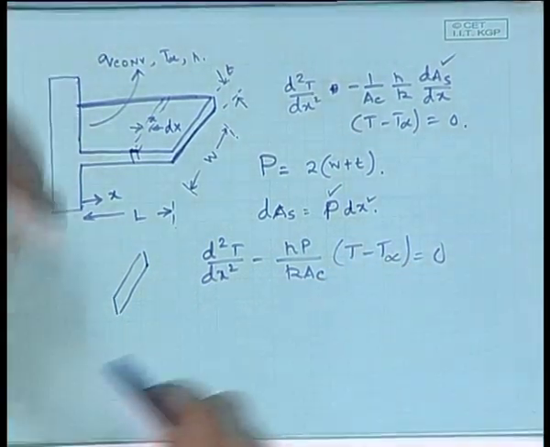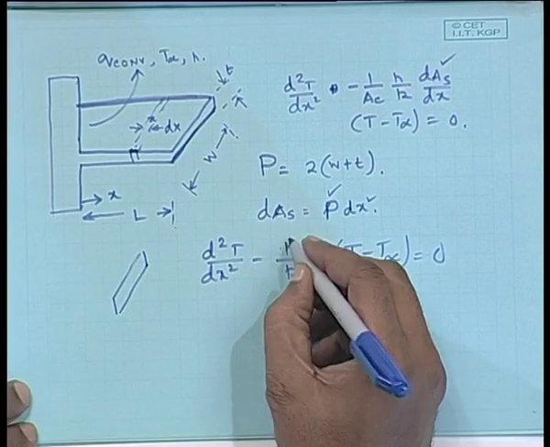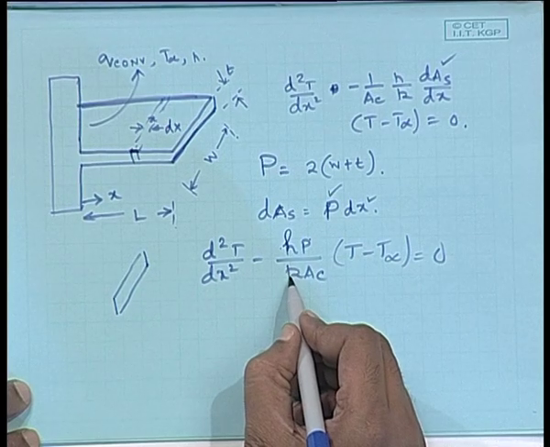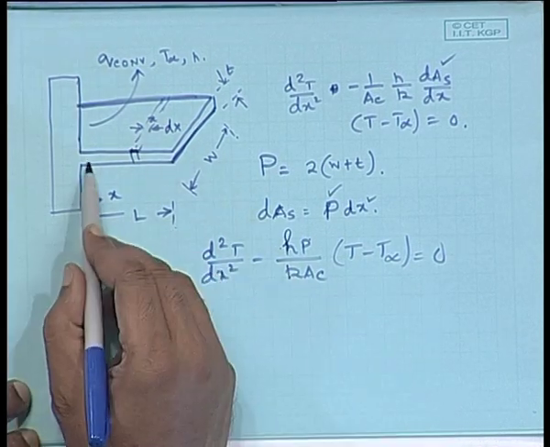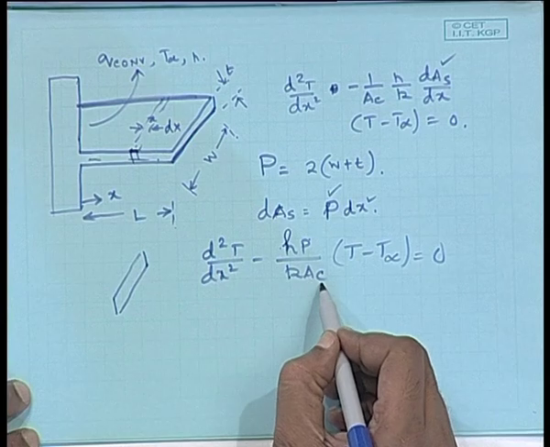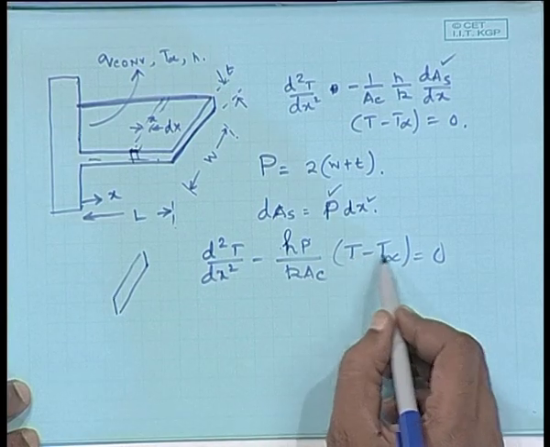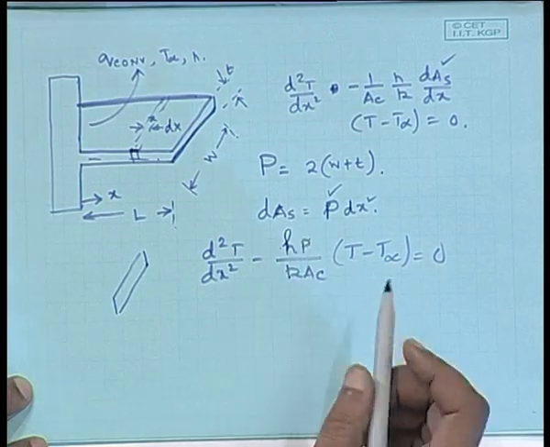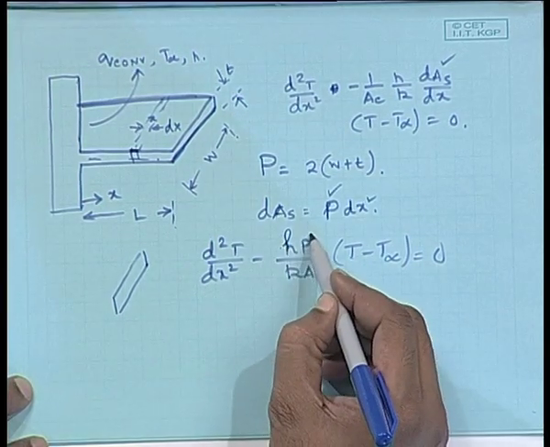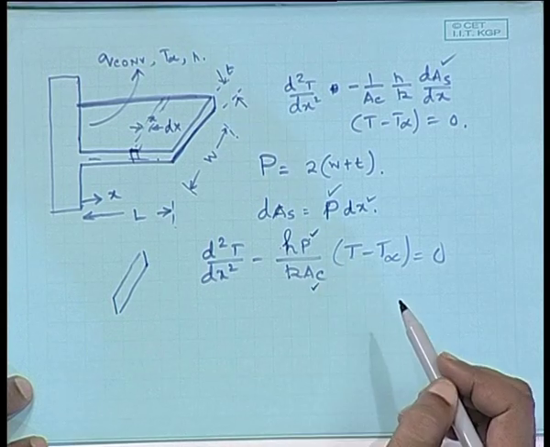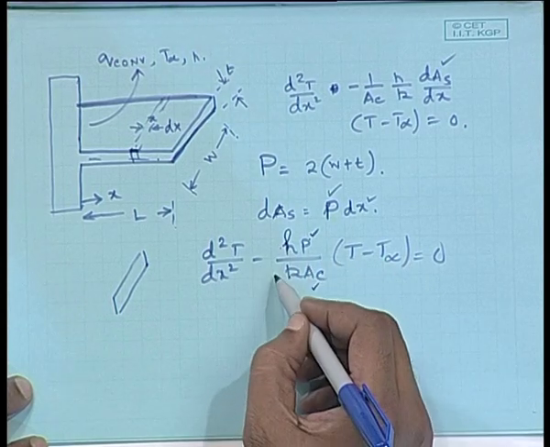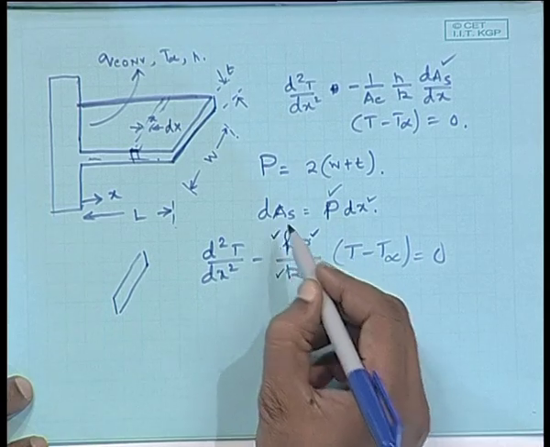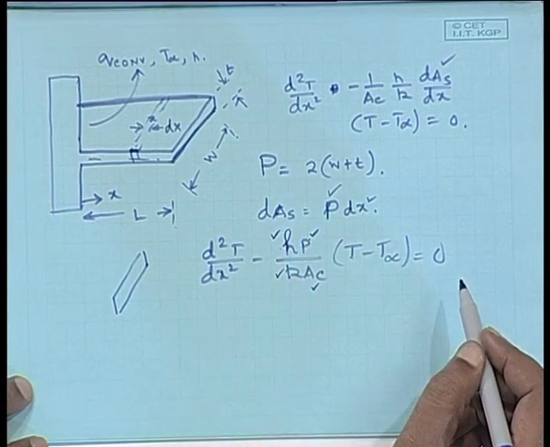this would be the governing equation for a system, where h is the convective heat transfer coefficient, P is the perimeter, k is the thermal conductivity of the fin, Ac is the cross sectional area, and that's it. Those are the physical parameters of the system. So, these two are geometric parameters of the fin, physical property of the fin material, and the condition that you have outside of the fin.